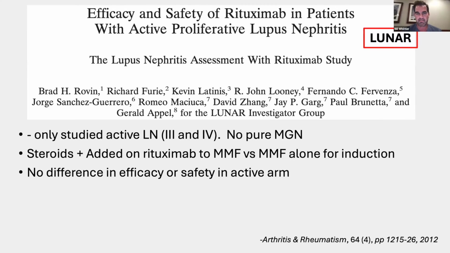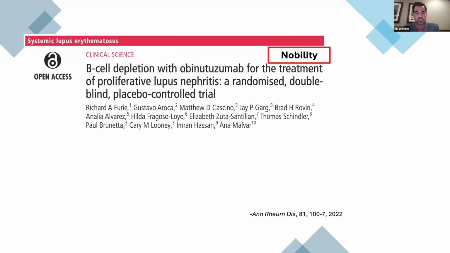But what I did want to point out, and what that slide said, was that they actually looked at follow-up of patients who achieved B-cell depletion in the LUNAR trial. And what they found in those that achieved B-cell depletion was a higher rate of remission in patients with active lupus. And so I don't think the Rituxan should be dead for lupus. I don't think it should be dead for active lupus. I think that we need to focus on achieving B-cell depletion if we're going to choose to do that.